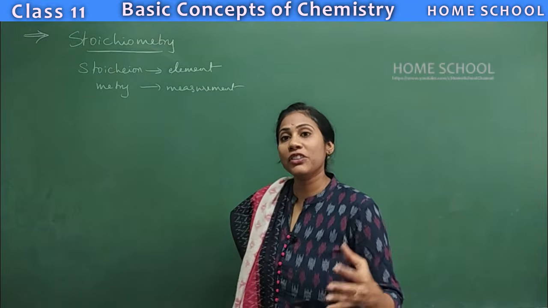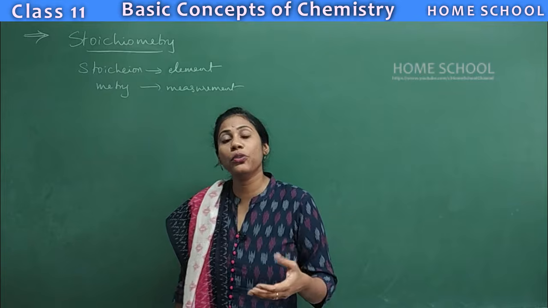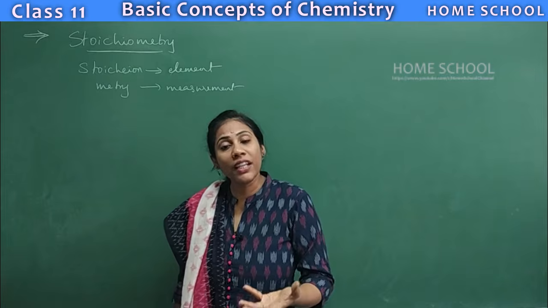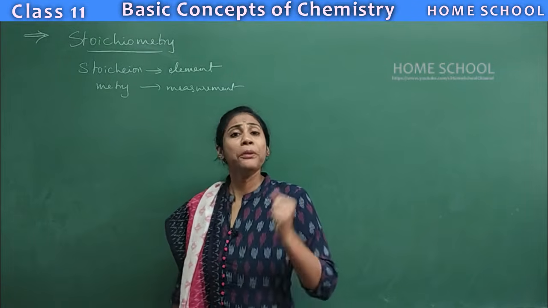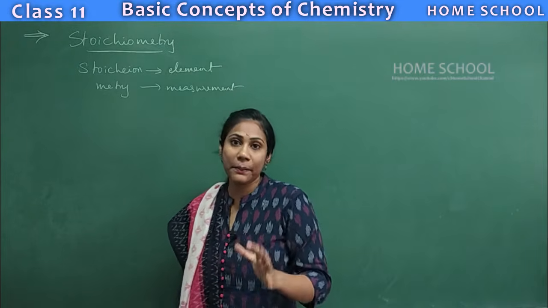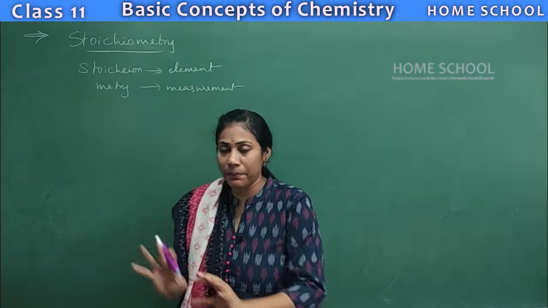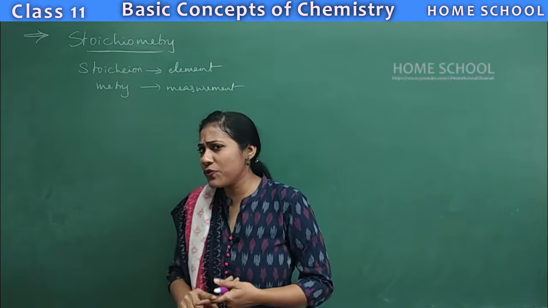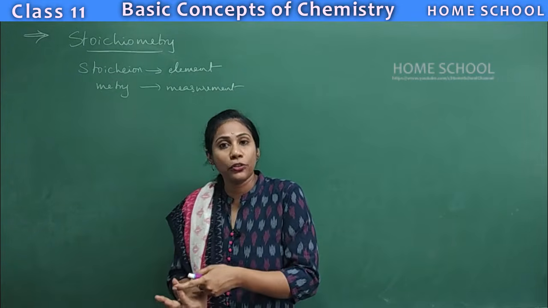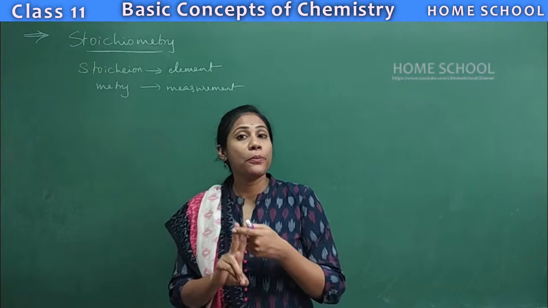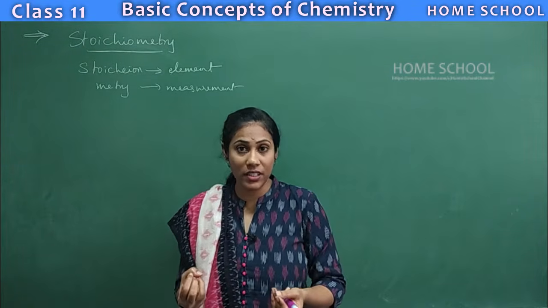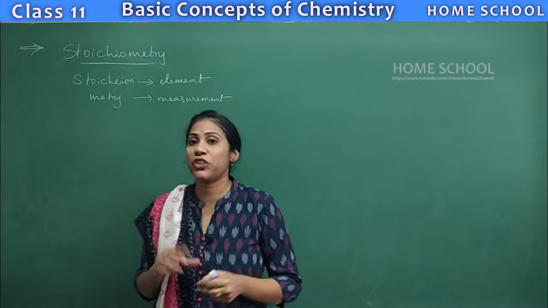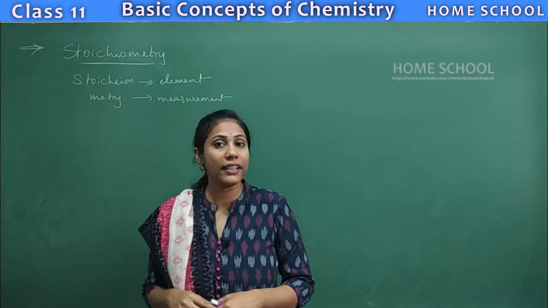Okay, so a chemical reaction always takes place when you combine two molecules or two compounds, and new products are formed. So here we are going to measure some properties of those compounds or elements or atoms, whichever may be present in a chemical reaction. Which properties are we going to measure? We can measure volume, we can measure mass, we can also measure the number of reacting moles about the elements. And the calculations involving these measurements are called stoichiometric calculations.